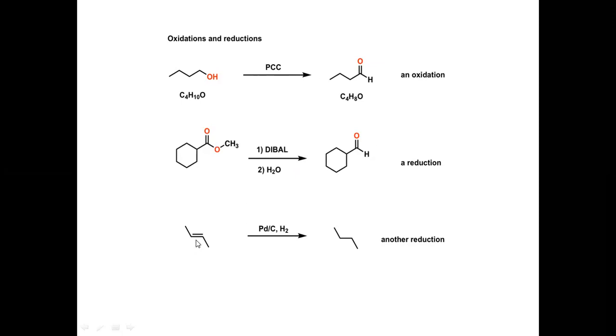Next, alkene converting into alkane. Here in this case we have a double bond. Double bond is reduced into single bond. You have added 2 hydrogens in this case. Okay, so there is an increase in number of hydrogens from reactant to product. So this is a reduction reaction. This is taking place in presence of a catalyst, palladium on carbon. Okay, so this is a catalytic reduction. So these are the oxidation and reduction reactions.